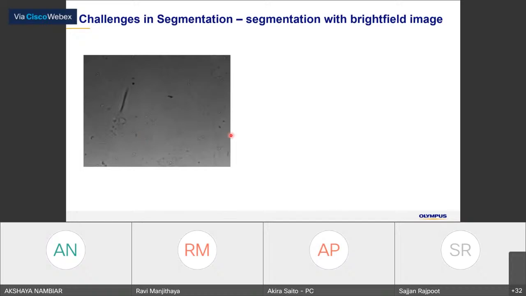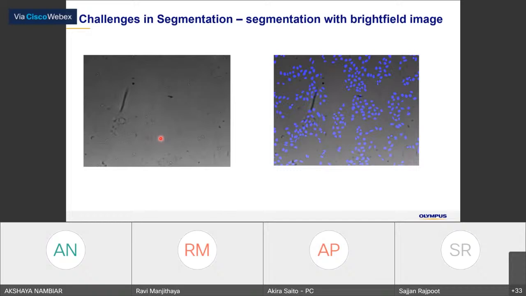But for us, it's quite easy to identify where the nuclei are, so we can use artificial intelligence technology to identify each nucleus, even in this kind of bright field image. This is the detection result using artificial intelligence, and you can see that each nucleus is segmented properly.